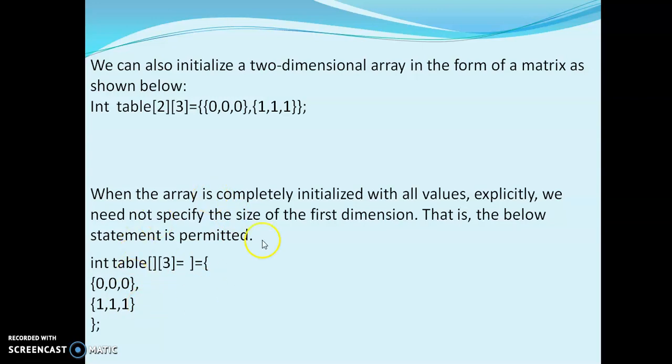So in this two-dimensional declaration, row size is optional and it is permitted only in compile time initialization but not in runtime initialization. How is the size of the array decided? It is based on the number of elements. As we have 6 elements in this two-dimensional array, the compiler automatically recognizes it as a two-dimensional array and the size is 6.